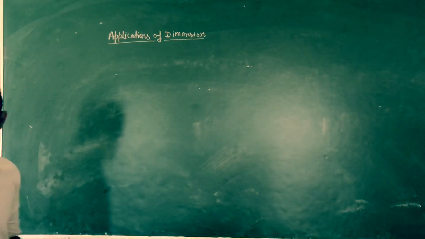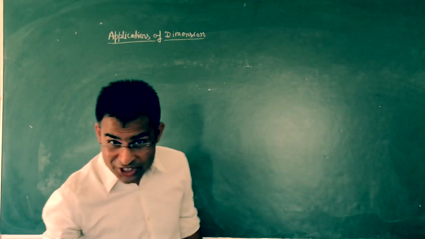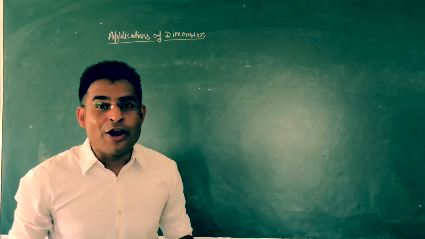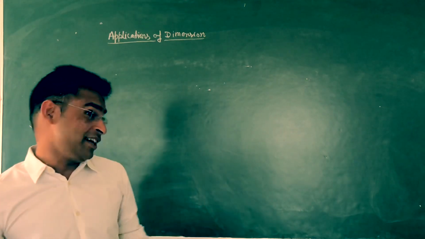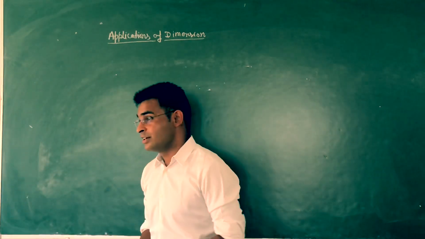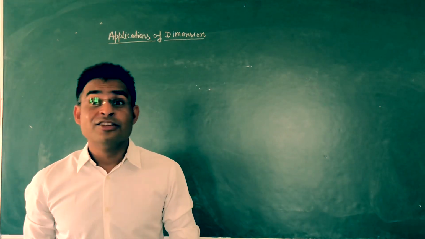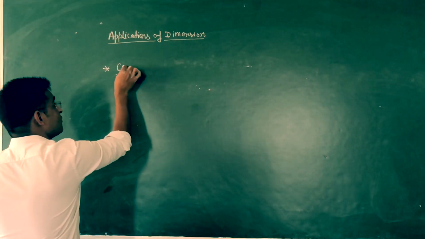But for anything else, for example, the MKS unit of force is what? Newton. And the CGS unit of force is what? Dynes. If I ask you in one Newton how many dynes, that needs dimension. If I ask you 1 meter is how many centimeters, you remember and will say the answer, 1 meter is 100 centimeters. But if I ask in 1 Newton how many dynes, in that case you need dimension. So the second application of this we can say is conversion of units.